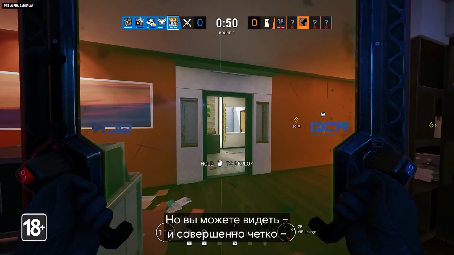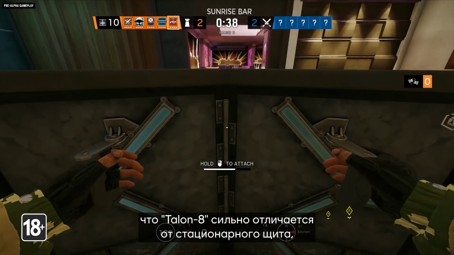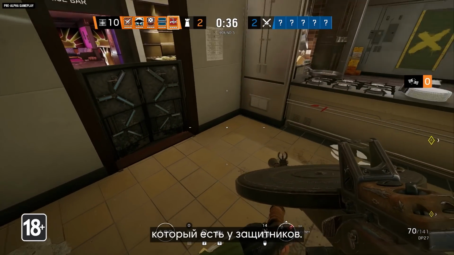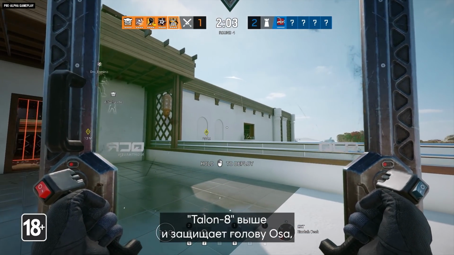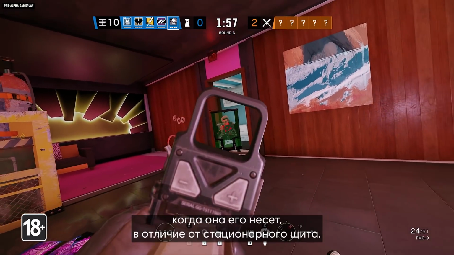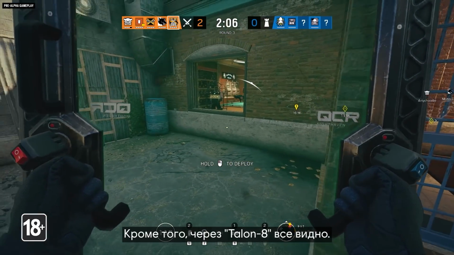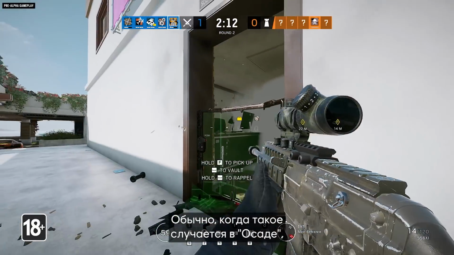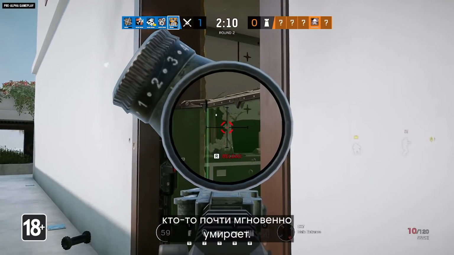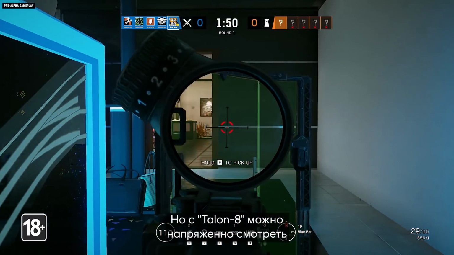But as you can clearly see, there are some big differences between the Talon 8 and the Defender's deployable shields. While they're roughly the same size, the Talon 8 is taller and protects Osa's head when she carries it, unlike the deployable shield. Also, it's see-through. You can see your enemies, and they can see you. Usually when this happens in Siege, someone is dead almost immediately, but the Talon 8s can create some pretty intense